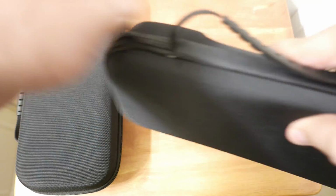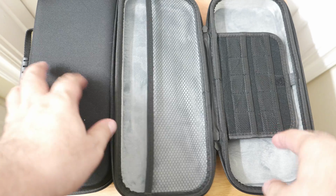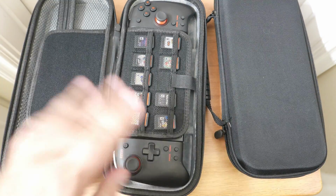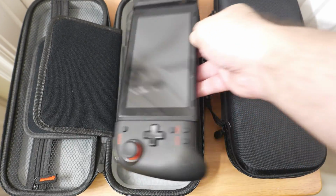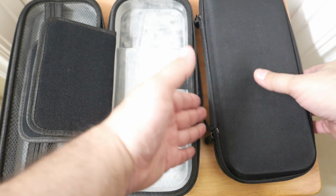Pretty decent zippers. But the basic idea of these two cases is that you can use them to carry your Switch with the Hori Split Pad Pro connected to it. Now here's a Nintendo Switch with the Hori Split Pad Pro connected to it, and this is a revision of the previous one, so it's missing the red trim. They fixed up some stuff. I like this one a little bit better. It feels sturdier,